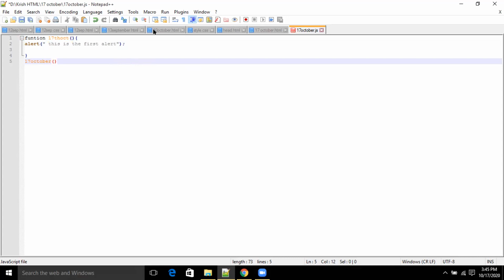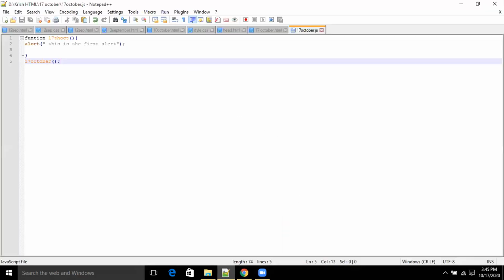Now save it and see whether the web browser is doing it or not. How about others? Can you show the code once? Yes, this function name and this function name are different, right, Krish?